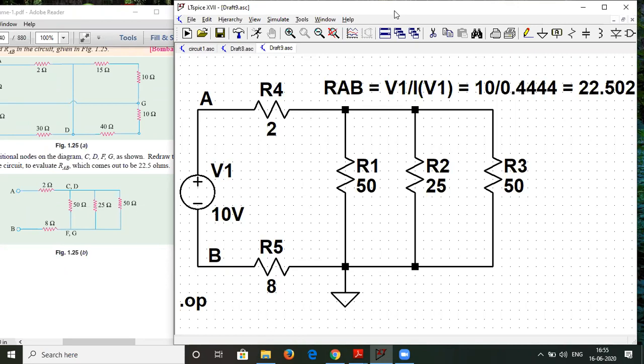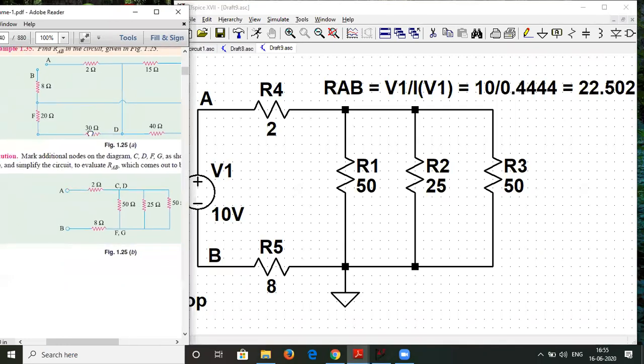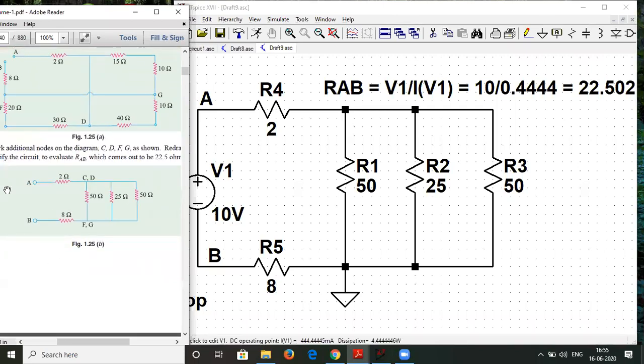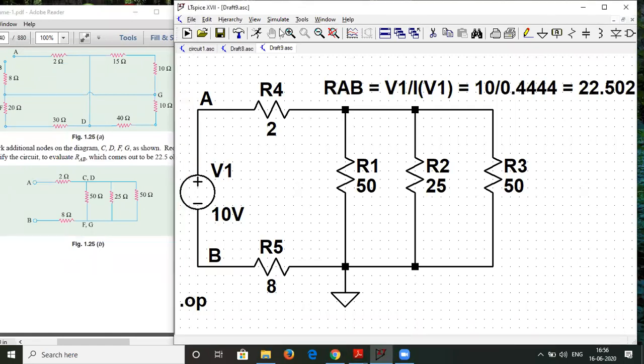Okay. So basically resistance is voltage divided by current, because we are following Ohm's law, as it is a linear network. So V is equal to IR, that is, voltage is proportional to current with a proportionality constant R. So R will be V upon current. What we wanted was the equivalent resistance on the left hand side of your PDF. So what we did, we added a voltage source and we found out the current flowing through the voltage source.